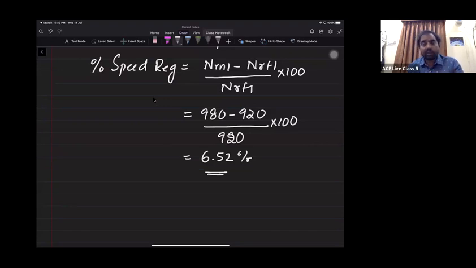So this is also one of the interview questions. Can you please justify why the induction motor is called a constant speed motor? Yes, the reason is,